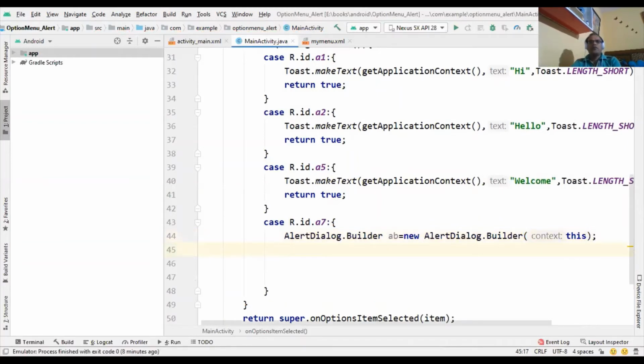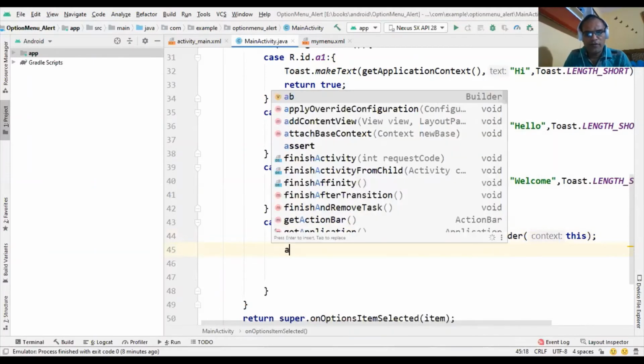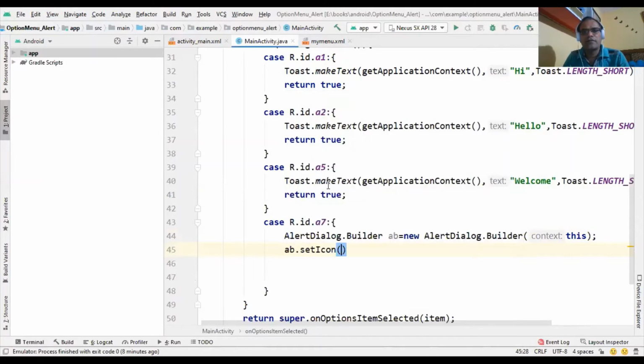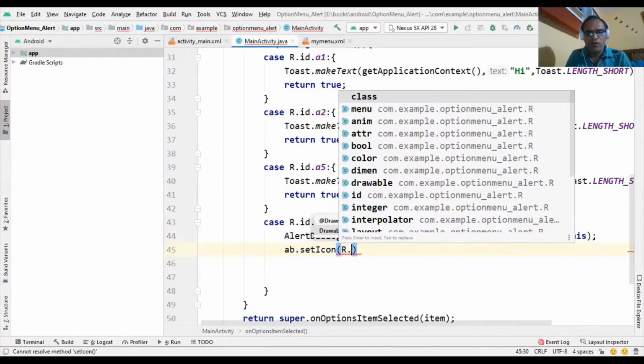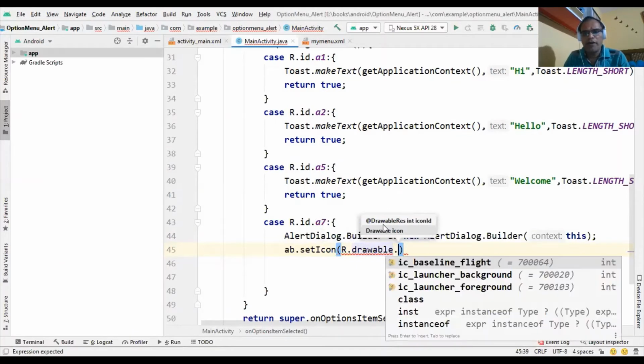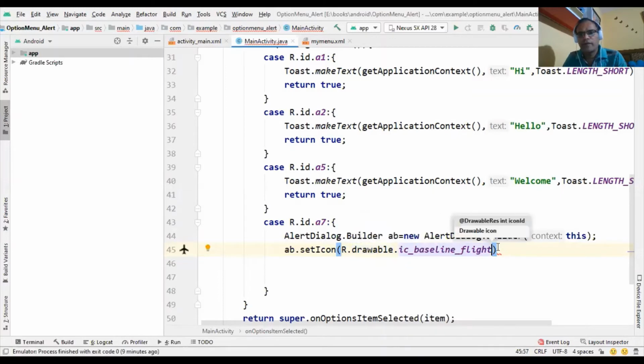Now ab is the object of AlertDialog.Builder, and here we use some methods like ab.setIcon, this one. Now R.drawable, and here we have already created an icon, baseline flight. That icon will show on the alert dialog box.